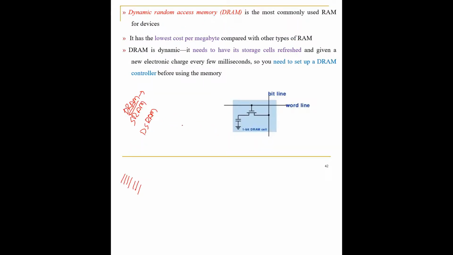But most of the memories will be using your DRAM itself, because most of the memories will be having a cell which can refresh the data. So this is your DRAM. From here, I'll be giving the required electrical signals so that the data stored in this will remain permanently until the power is on. Or else what will happen is the data stored in this will be permanently removed.